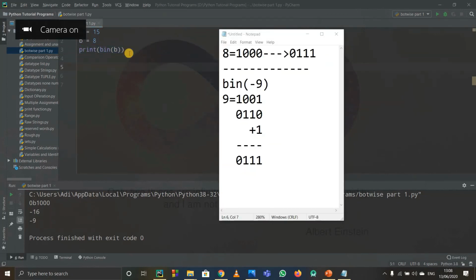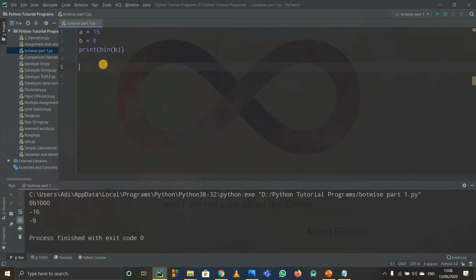We saw bitwise operators, and in specific we saw bitwise AND and bitwise OR. So this is bitwise AND and this is bitwise OR, and we saw XOR, and we saw the complement. So these 4 symbols, and afterwards we are going to see what is left shift and right shift. These two are also interesting things. We'll see them in the next videos.